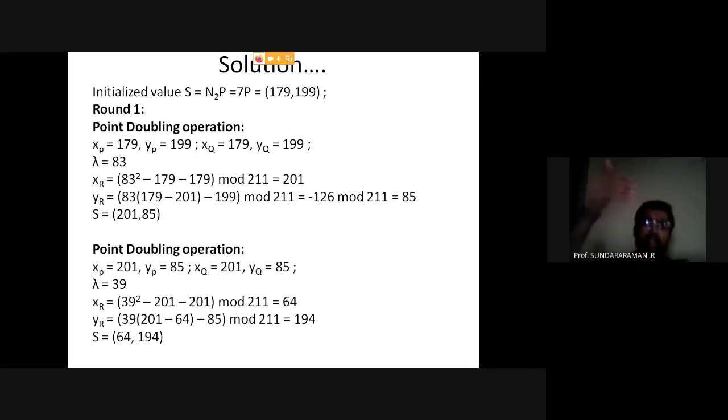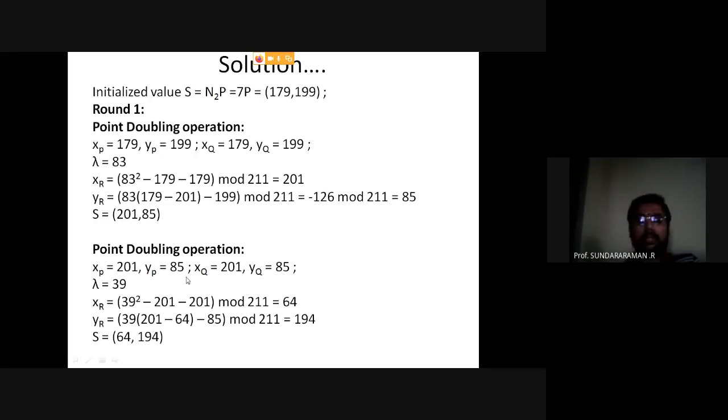Okay, so every result of previous computation needs to be doubled. So 179, 199 is doubled. It will give a value 201,85. So second point doubling we have to perform. For second point doubling, take 201,85 as the point P and point Q. So when you double the point 201,85, you will get a point